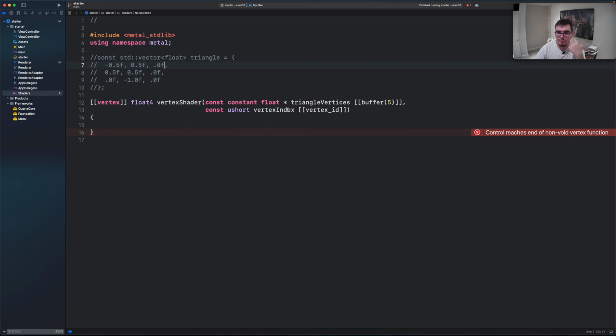And so, for example, for the first vertex that index would be 0, and for the second vertex that index would be 3, and for the last one that would be 6, right? And so since Metal is doing all this heavy lifting for us, we can